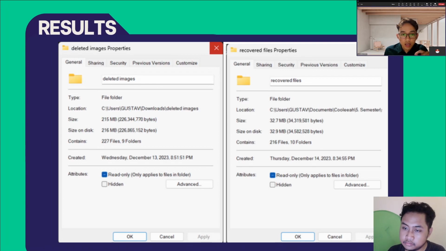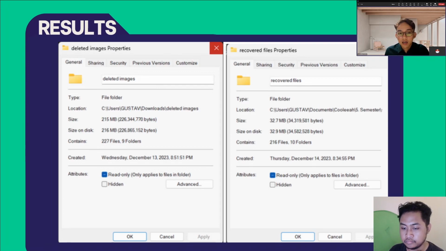You can also take note of the size, which is around 215 megabytes in the original, and in the recovered files it's only around 32 or 33 megabytes.